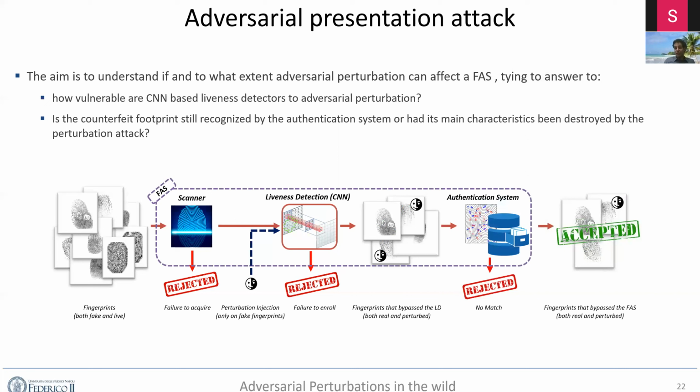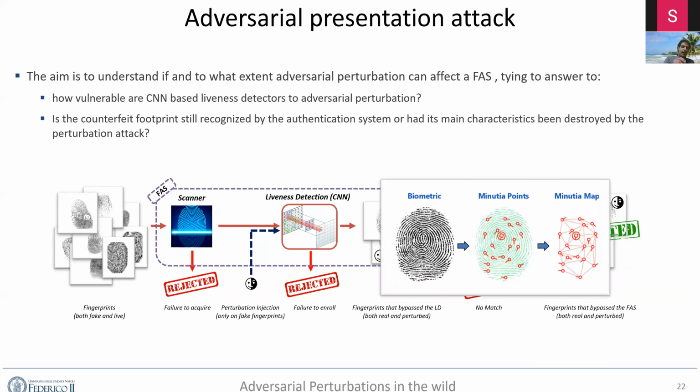This is the attack scenario designed for the aim. So the idea was to inject a perturbation in the channel between the scanner and the liveness detection. And this is a real scenario because it's quite possible to attack that path. The point is that doing that is not straightforward because, while, as I showed you, it is very easy to attack a CNN by using an adversarial perturbation algorithm,